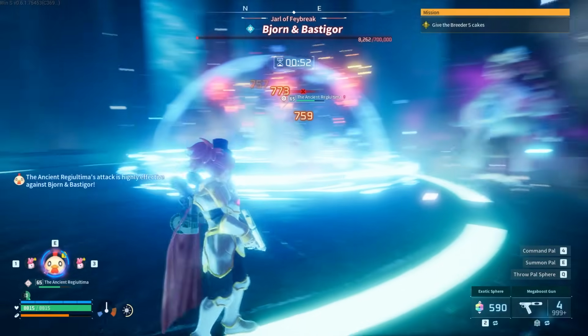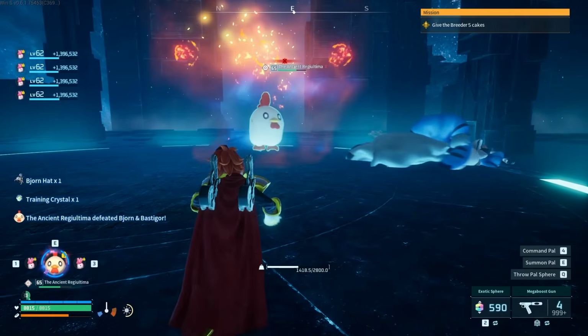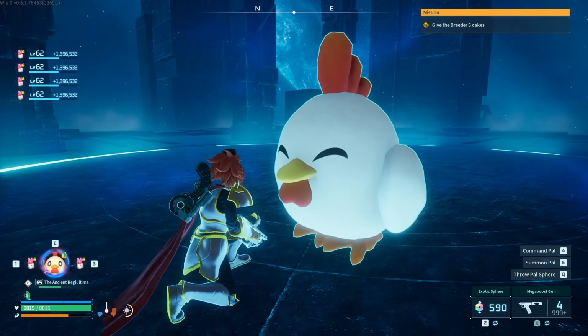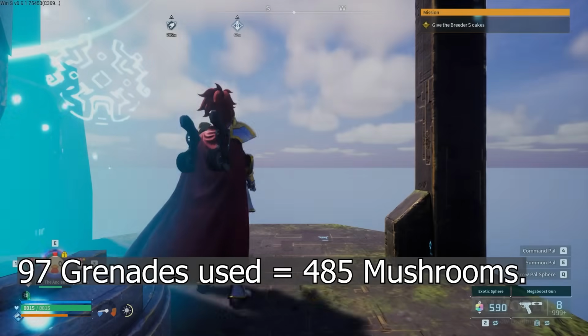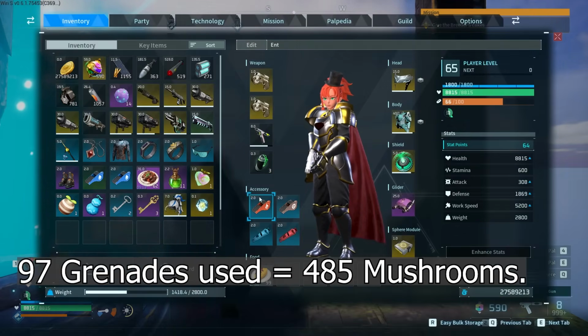So back to this Chikipi. It's performing very well. 50 seconds left on the clock, it gets the kill. Nice and easy. So overall, that testing I did with all this diminishing returns and stuff, all I can really say is that there seems to be some sort of hard cap on elemental bonuses and that the bounty tokens are not working as intended. In this video, 485 cavern mushrooms were used for these PAL recovery grenades,